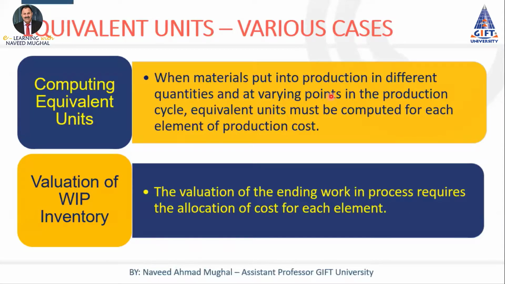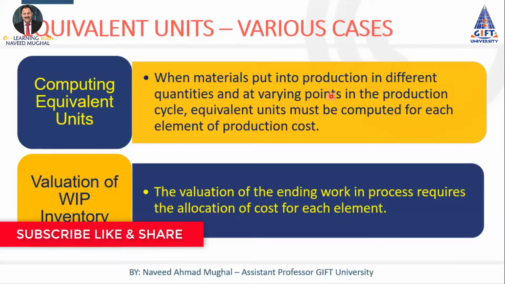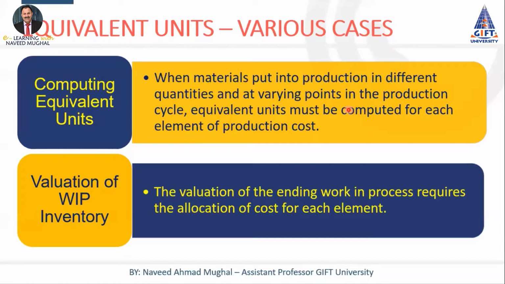Here we will discuss various aspects of calculation of equivalent units. Materials can be added at different points of time in a production cycle, might be at the start of the period, might be at the end of the period, might be after completion of a certain stage. These are the variations in the increments or application of material cost, and this will result in variation in the calculation of equivalent units in preparation of cost of production report. We will have illustrative examples for calculating equivalent units by using various aspects of these incurrences of material costs or these applications of material cost in the production cycle.